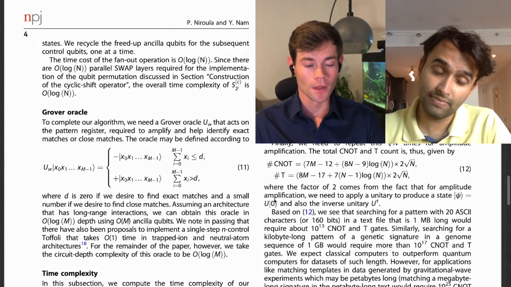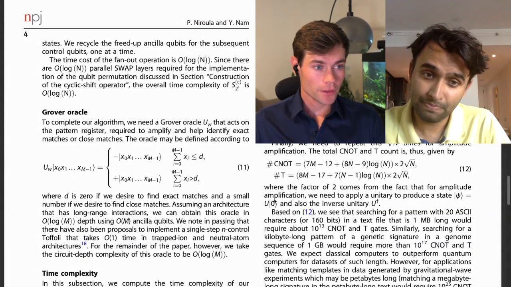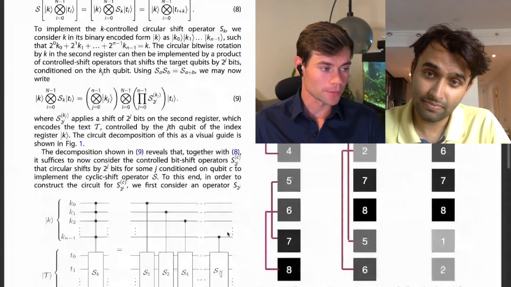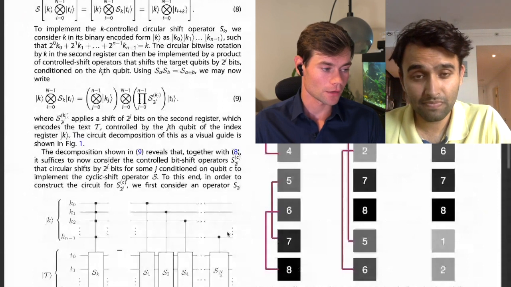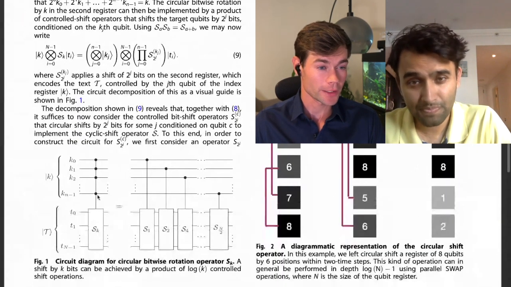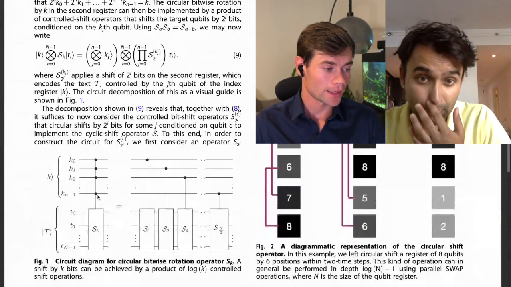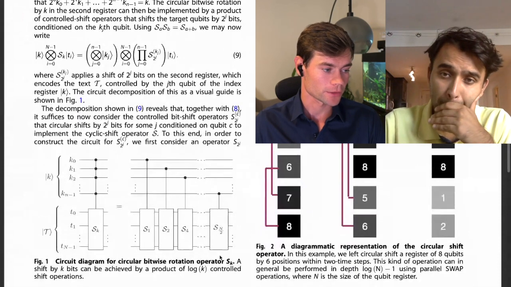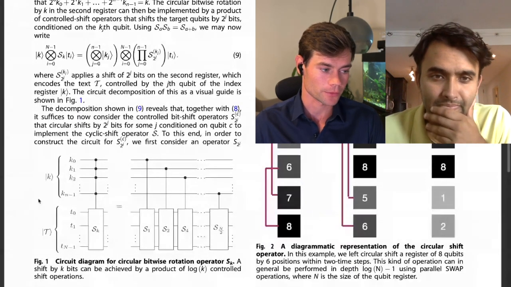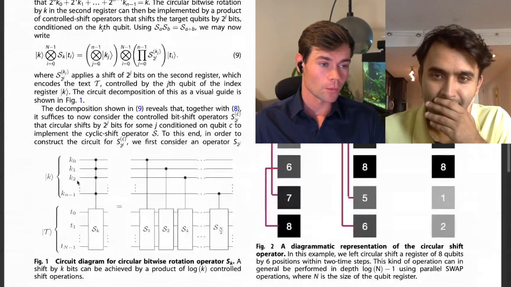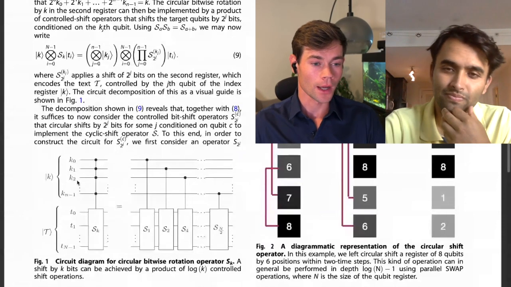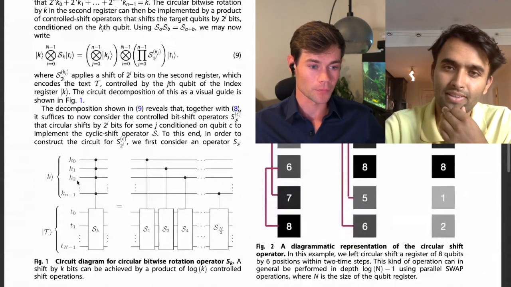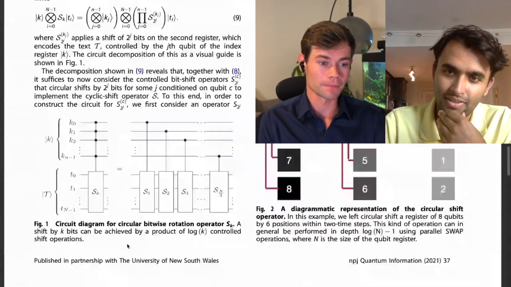Okay, great. Then I think we covered the conceptuals of the algorithm. Maybe we can go back now to this shifting of the original string, because you have an explanation of that also here in the paper. And if we maybe start talking about this circuit diagram here for the circular bitwise rotation operator, would you mind describing just what this illustrates? What's the idea for how you constructed this operator that would shift your string?